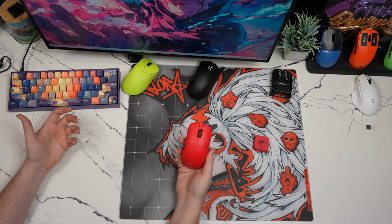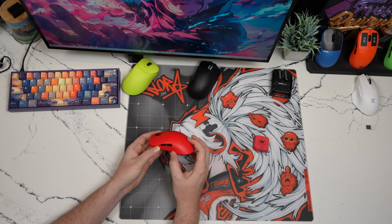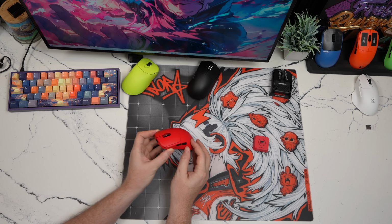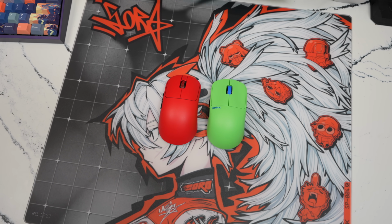Again, I think my hands are just too big for it, causing my ring finger a little bit of pain and struggle on the right side of the mouse. So if you were looking for something that's getting high in the back, but the hump is more mid-centric, quite small with low click height, this thing actually just does feel super, super aggressive in the hand with